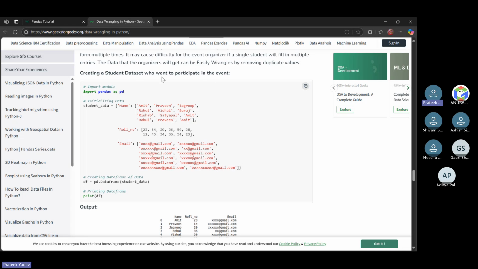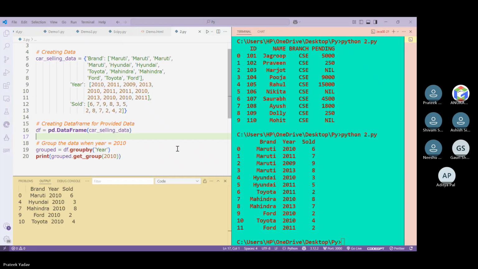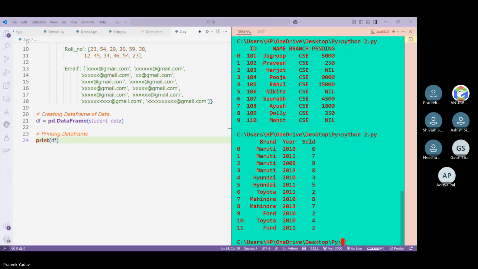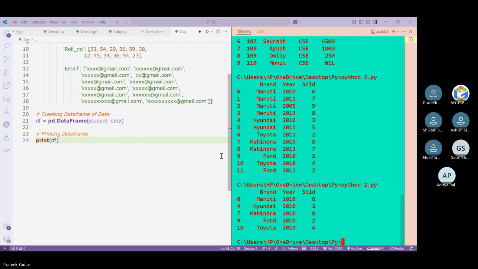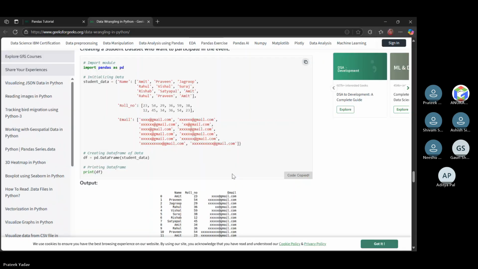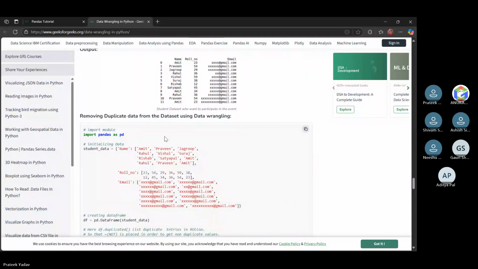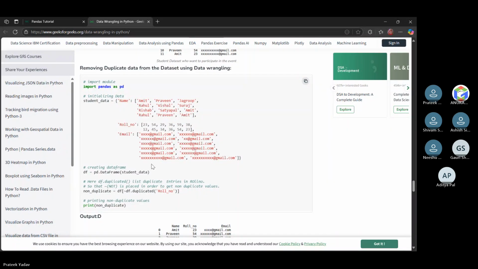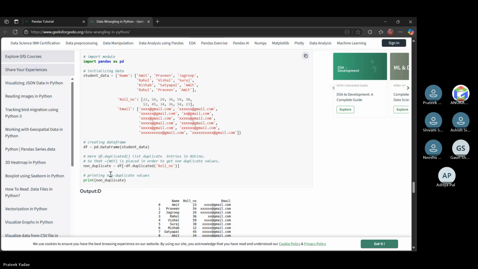So creating a student dataset of those who want to participate in the event. So Amit, Praveen, Jagrup, Rahul, Vishal, CSE, and the roll numbers 23, 54, 29, 36, and the emails are these. You can see data wrangling. So we use